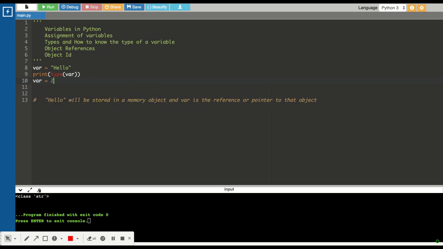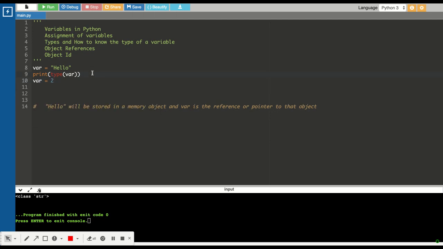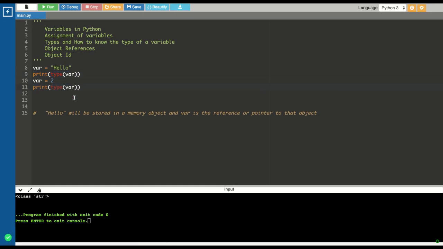Let's now assign it to 2 and print it. Here you can see we can easily swap the values without worrying about the type of the object, because now this reference has been moved to an object of integer type.